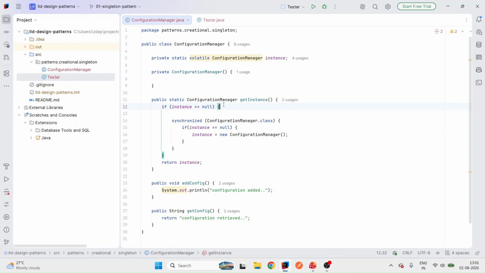We are not queuing those threads. Instead, those threads will read this if condition and directly return this instance. So we are not compromising the performance over here. Initial performance will be compromised. So if this instance is null, and let's say 10 threads come at the